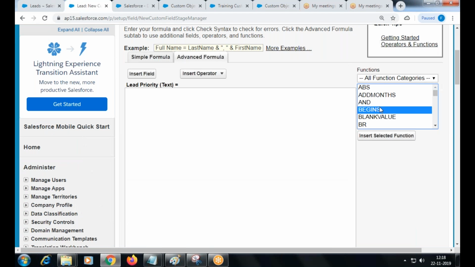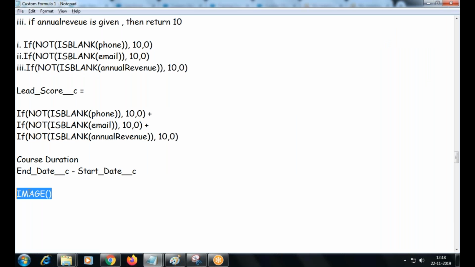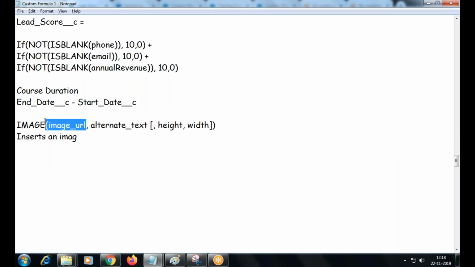Okay, so here we're going to discuss about image. So what is the image formula? It is taking arguments. You are going to give the URL of the image as a first argument. And if the image is not resolved properly, then the text in the second argument will display. If the URL is not resolved properly, sometimes the URL that you give here is not working, then the second argument will display. So that's what is called alternate text.